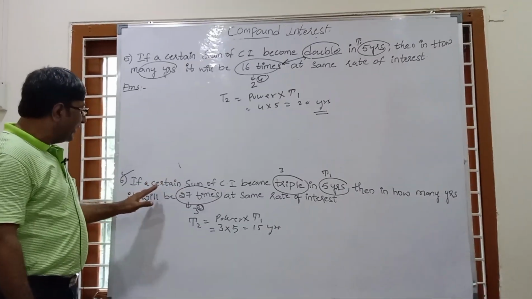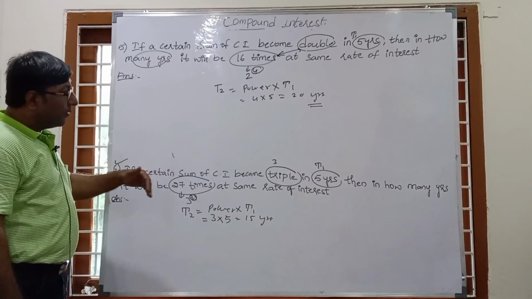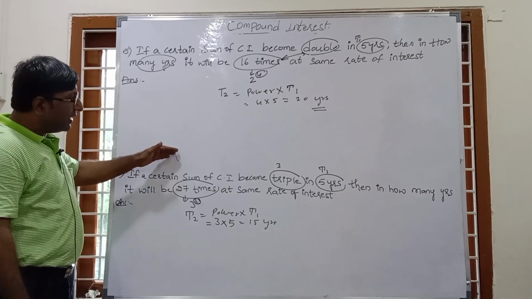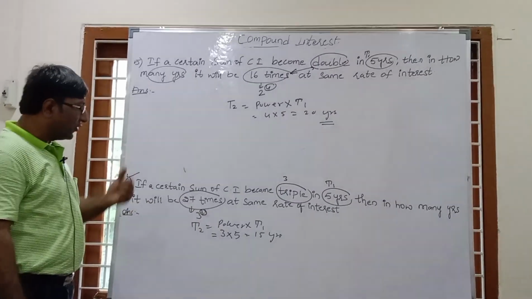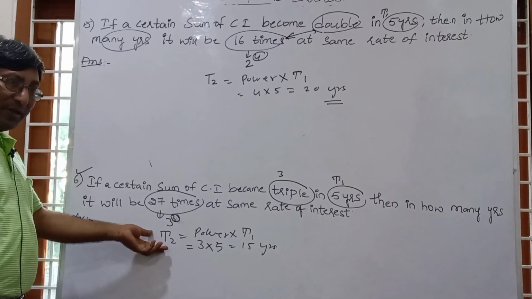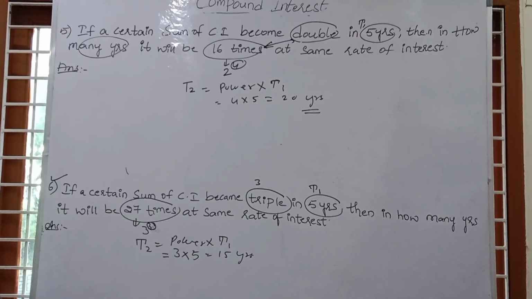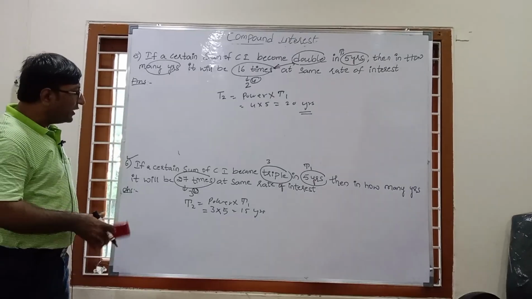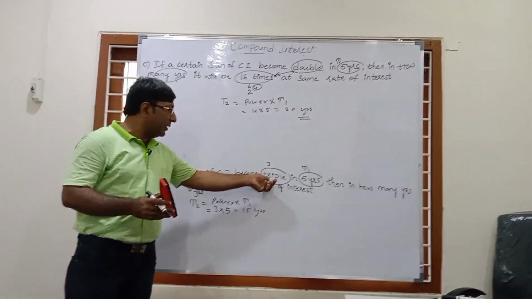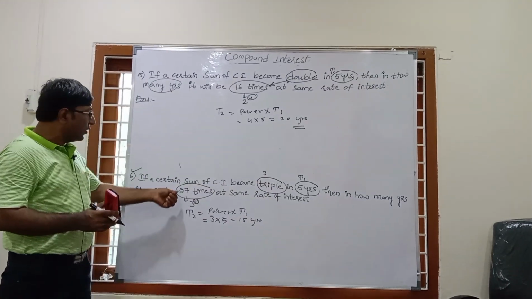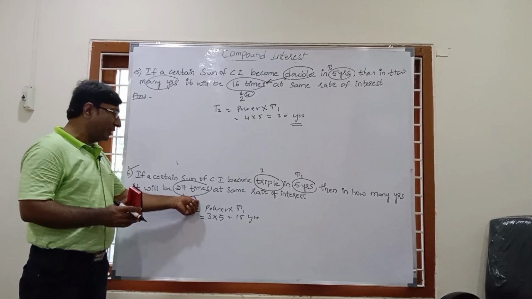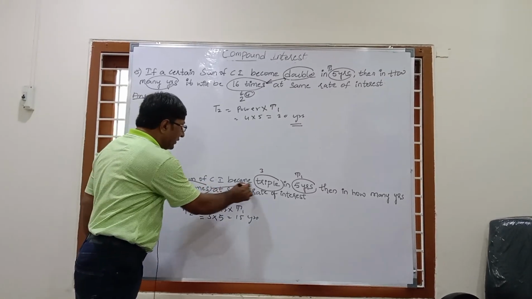Only it is given that a certain sum becomes triple. So if we assume a sum and then solve this question, it will take a lot of time. But this trick is very beneficial. You can solve this question in just a few seconds. You have to watch what is here. If here it is triple, that is 3, and here 27, that is 3 to the power 3. There is always a relation between these two.